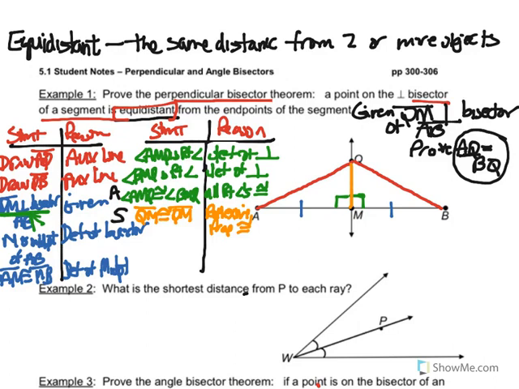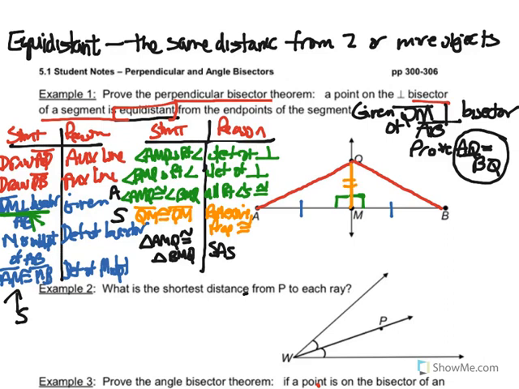We got a side, and we have another side over here. So we can now say that triangle AMQ is congruent with triangle BMQ. And how do we know that? Side, angle, side. And so as a result of that, which I forgot to put my little marks right here